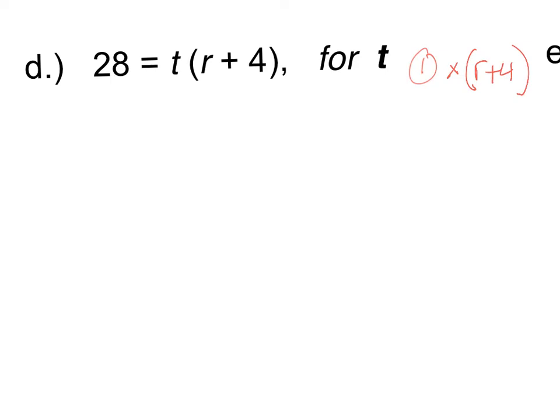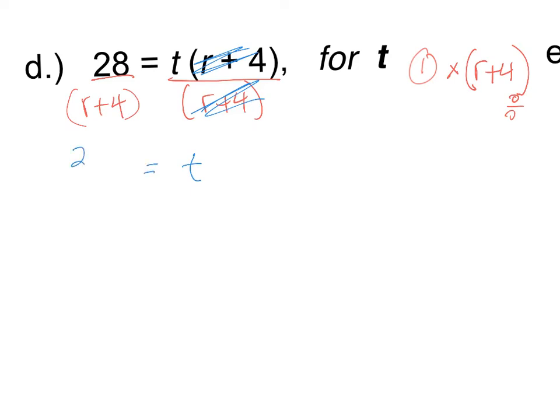That's the only thing you're doing to t. So to get it alone, you are going to divide by r plus 4. And you're going to divide by the whole parentheses, because that whole parentheses is an expression that is symbolic of one value. When you do that, the r plus 4's divide away, and you get t is equal to 28